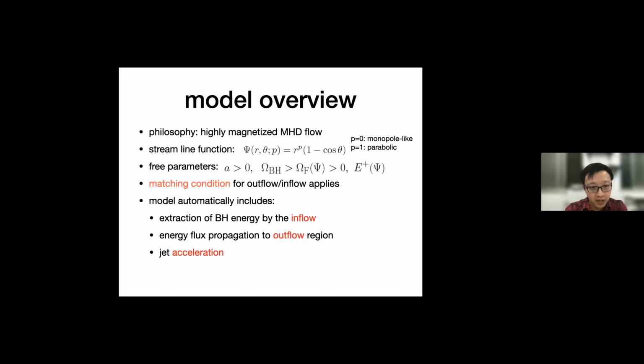So after we specify these 4 free parameters, in this routine, a matching condition is automatically applied, and the model will automatically include the extraction of black hole rotational energy and the